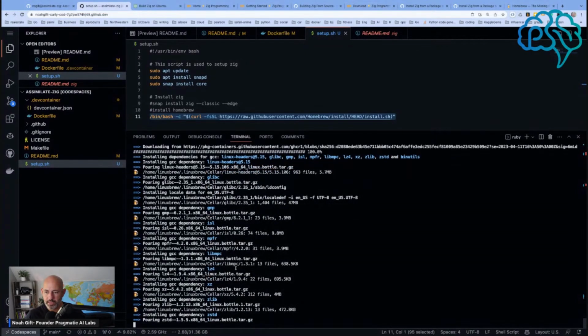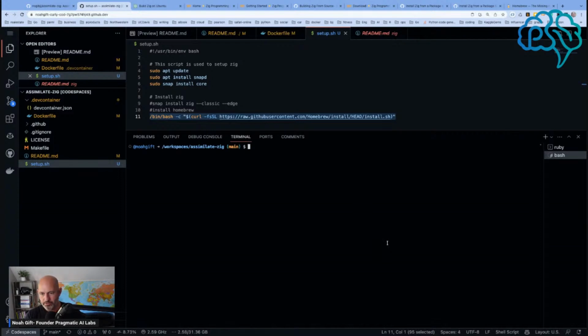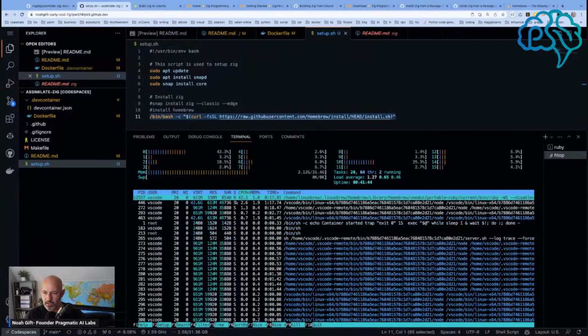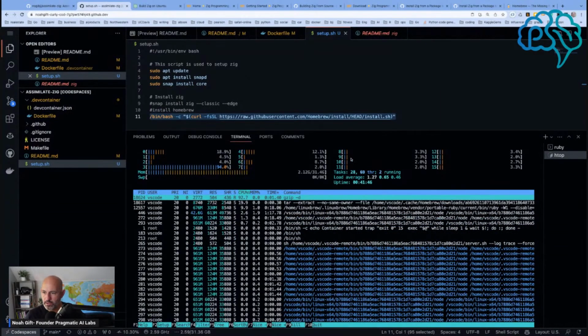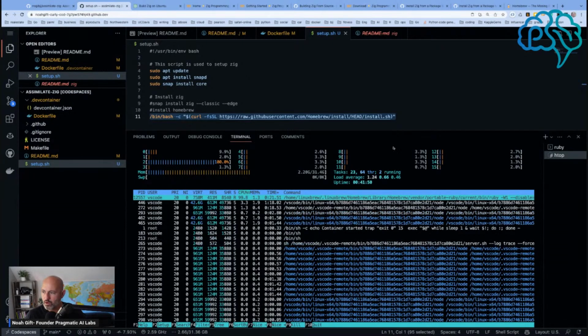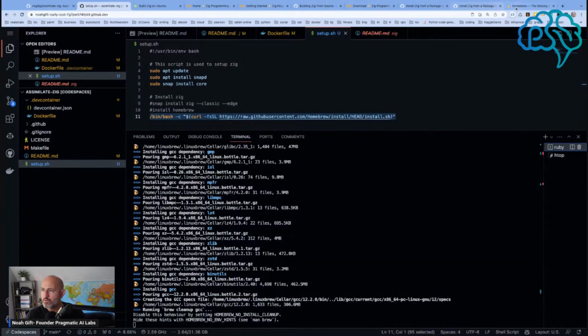So while it's doing this, we can also open up another window just to see how much juice this is sucking up. And it looks like it actually is only using one core at a time. And then if we go to Zig,